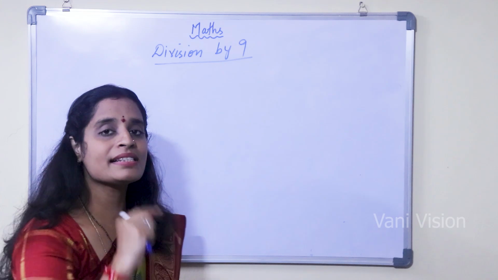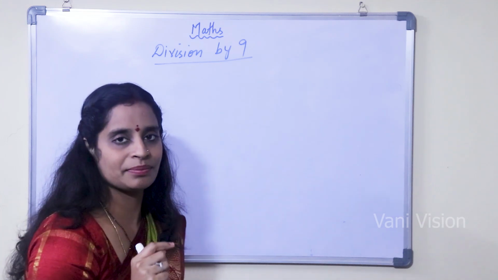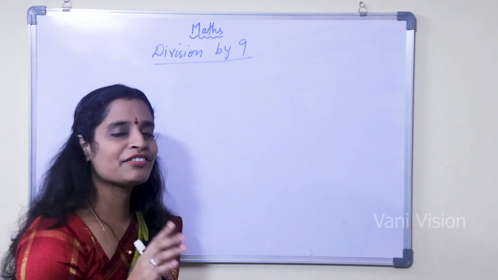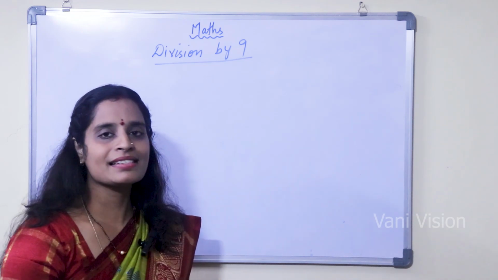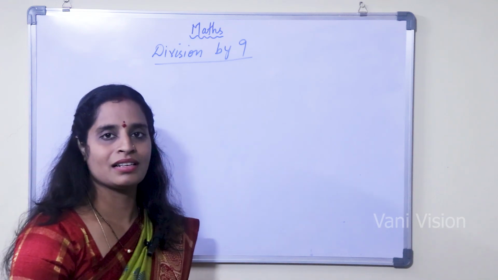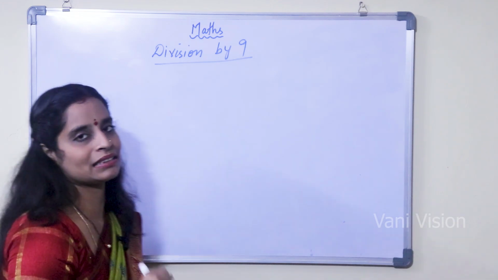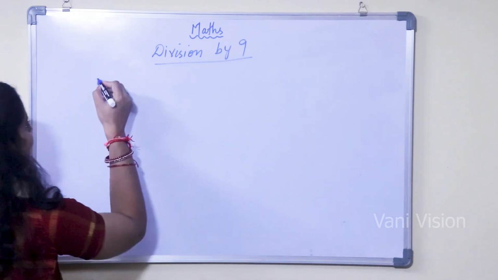Within those 2 examples, see it properly, understand it properly and do it. Clear? The main thing is, you have to practice. Without practice, no one is going to help you out. You have to practice with other numbers, which are very useful in your simplification part. Okay? Then the number is